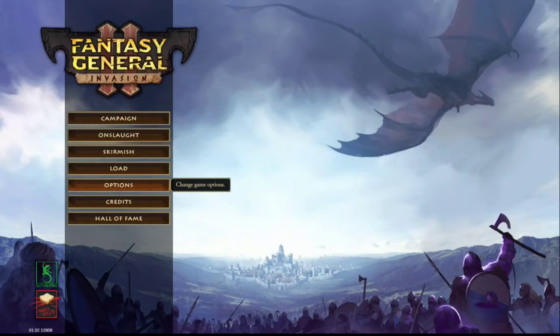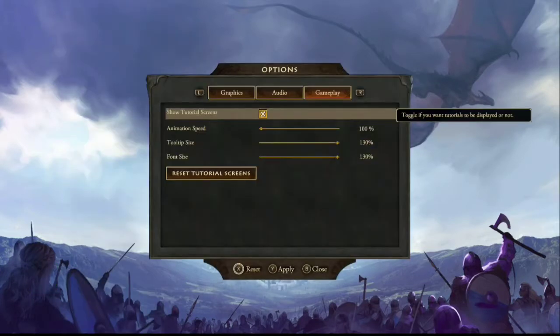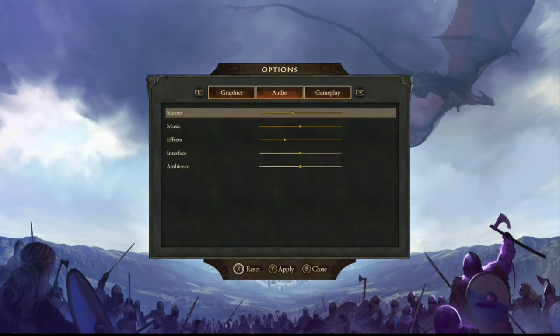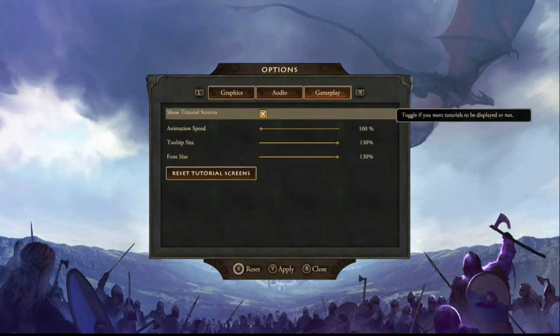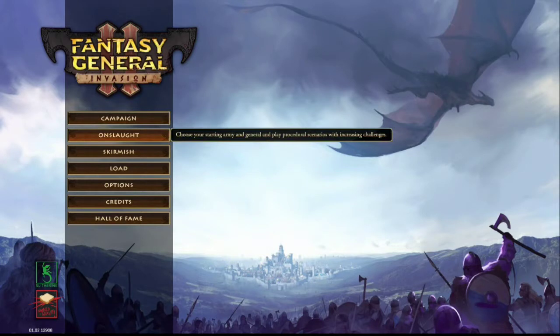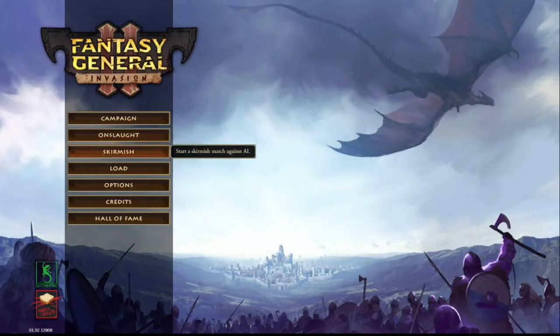So we've got options. We have graphic options, so gamma, that's really it for that. We have audio, so we have master, music, effects, interface, ambience, gameplay, show tutorial screens, animation, speed, tooltips, size, and font size. And then for the actual gameplay, we've got Campaign, we've got Onslaught, choose your starting army and general, and play procedural scenarios with increasing challenges. Skirmish, start a skirmish match against AI, load, credits, Hall of Fame, so your previous conquests. So we'll go ahead and take a look at